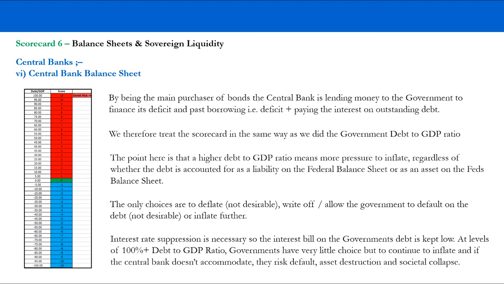So now you can see how important this is and why quantitative easing has been so important to the US government, because it's kept interest rates low and debt has shifted across from the government to the central bank. But there are still obligations, obviously, from the government on this debt, and therefore interest rates through open market operations have to be kept low. So we look at it in exactly the same way.